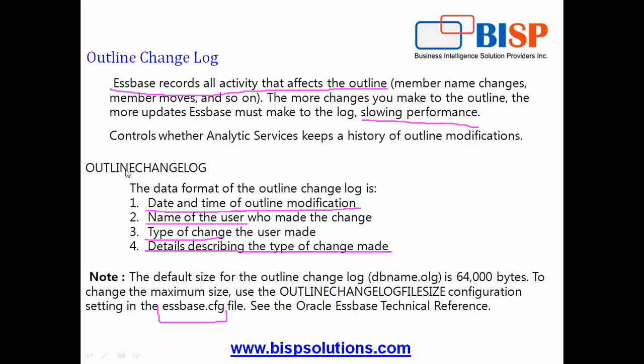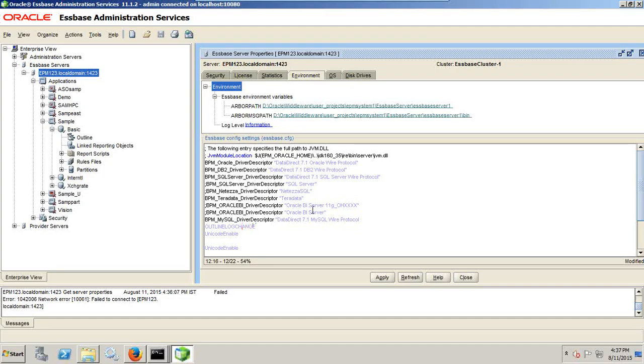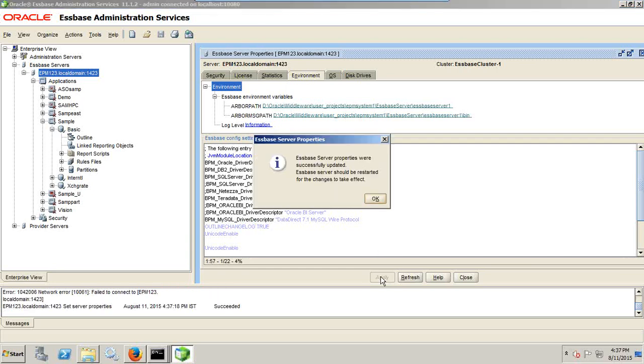We define outline change log true and false, a boolean property, because after making the entry you click on apply. The information window specifies that after you make changes under Essbase.configuration, it is required to stop and start the server in order to see